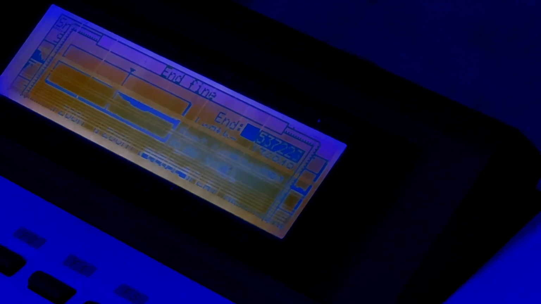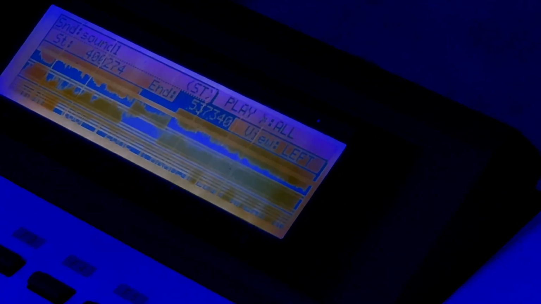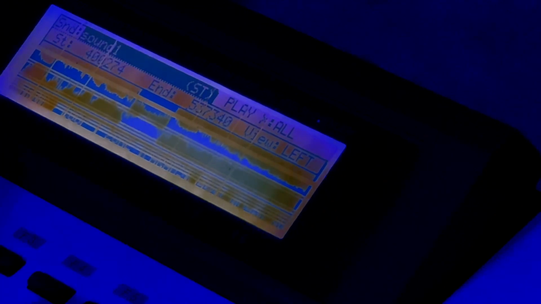So we're going to put a little tilt on that. 1, 2, 3, 4. A little bit more. So this will be fine about right here. 1, 2, 3. So that's cool. So now we're going to go up to the sound and we're going to hit edit